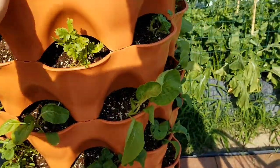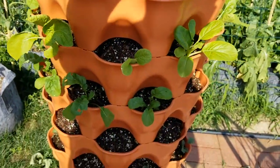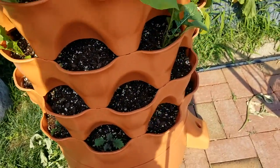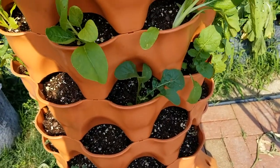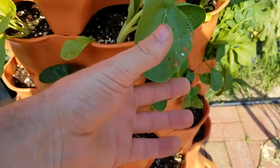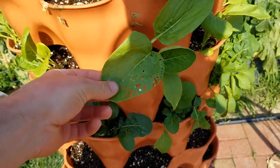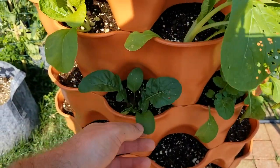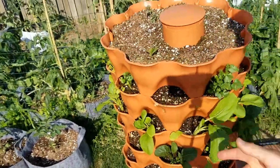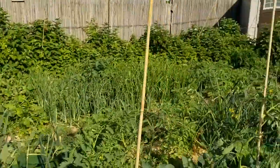But then we've got this thing coming along. It's been kind of a challenge with it being so hot. You can see the kale's a little stunted. And then obviously I'm having terrible luck with all these guys. So this is baby bok choy. This is arugula. No matter what I do, anything I plant that is a brassica, which is like kale, well, the kale's been doing okay, but like the cabbage, unfortunately,